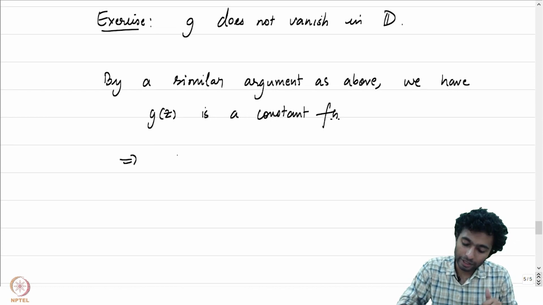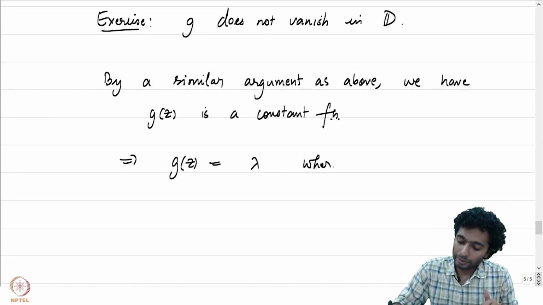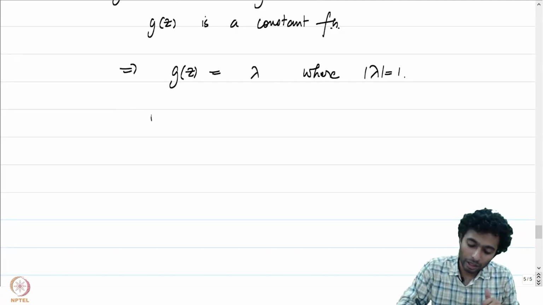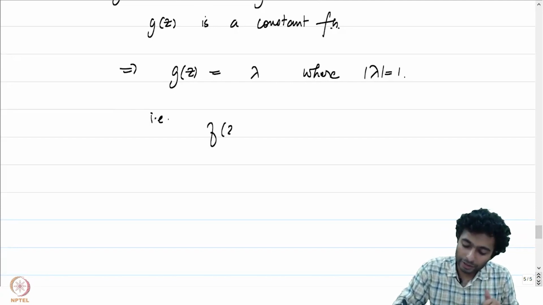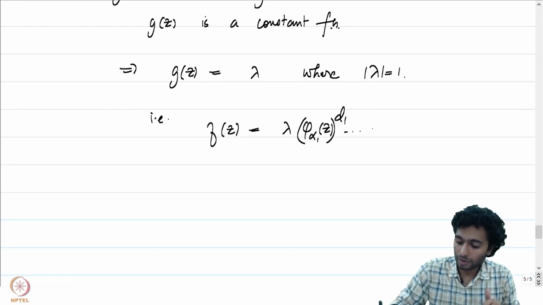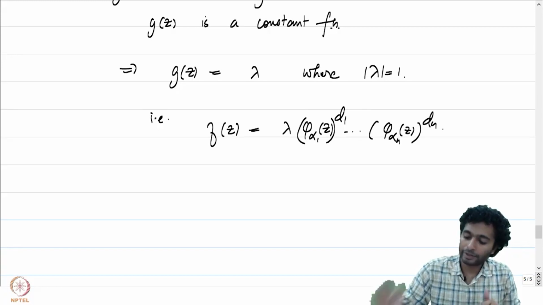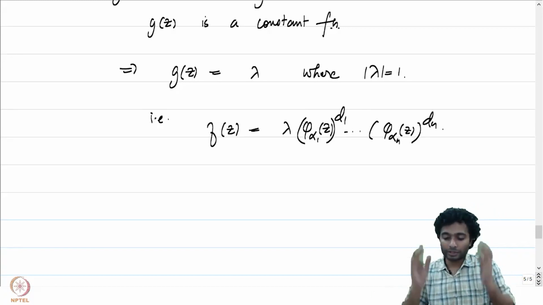So this means that g of z is equal to some lambda where the absolute value of lambda is equal to 1. Therefore, what do we know? We know that f of z is equal to lambda times phi alpha 1 of z to the power d1 all the way up to phi alpha n of z to the power dn. So this is precisely the